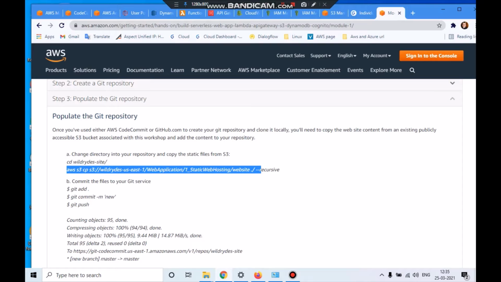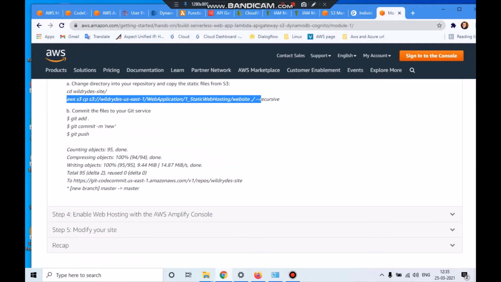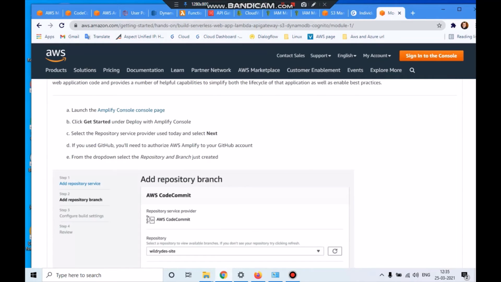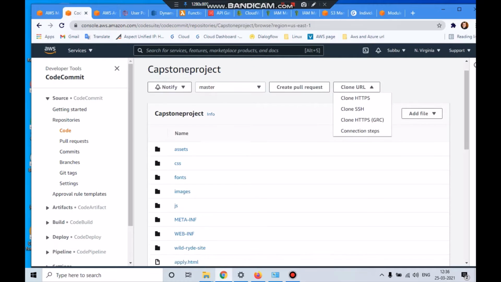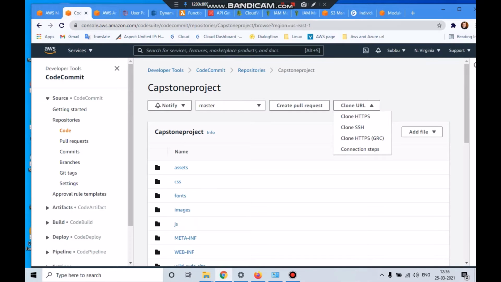Make sure that you have the AWS CLI installed on your local desktop, plus an IAM role enabled on your profile, and all the things need to be carried out. And the last thing, I just show here, I created a repository over here, and with the help of that I cloned. After that, all the files are uploaded over here.